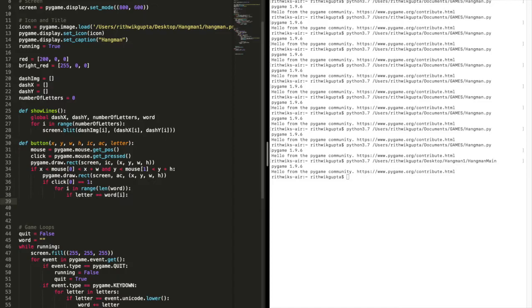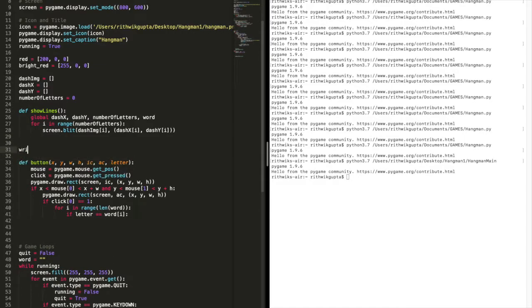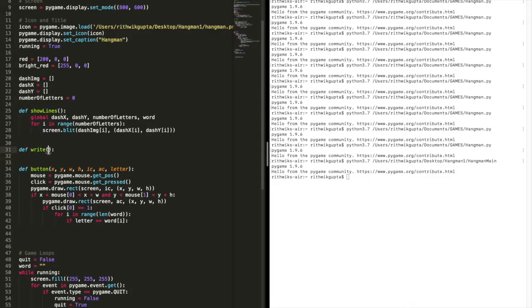not execute this part. But if it is, now we want to define a new function which is going to write the letter. So up here we'll define a new function, write, and the write function is going to write stuff basically. So define a function called write, and it will take the x coordinate of what we want to write, the y coordinate of what we want to write, and what we actually want to write. Now we have to define this write function. We already wrote the define part, so